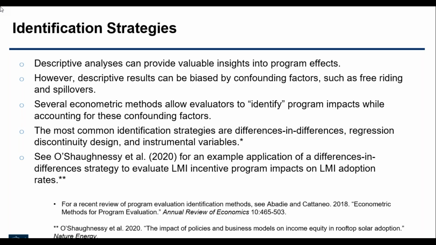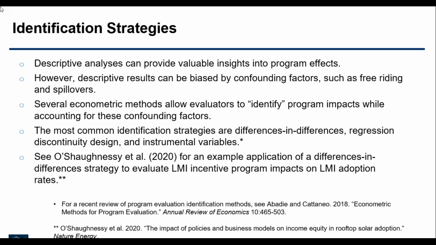There's ways to test for this, and the reason you want to test for it is you want to exclude those households, because if you are including those households in impact, you will overestimate the program's actual impact. Those are households that would have adopted even without the incentive. The second key confounding factor is spillovers, and this basically goes in the opposite direction. We know,